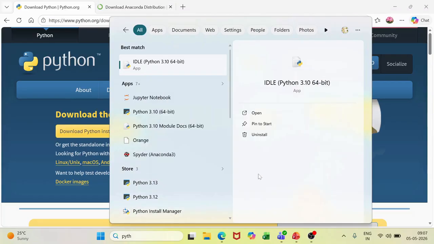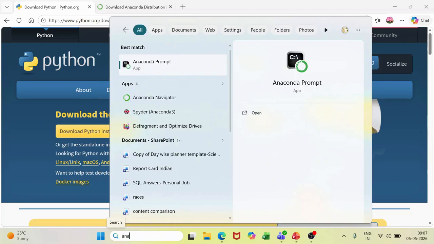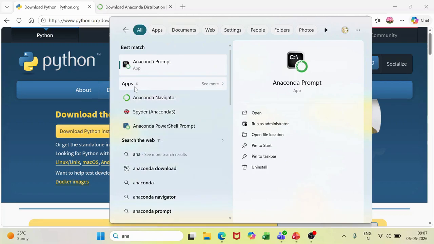In my machine, I have Jupyter Notebook, which is the part of the Anaconda suite. Now, Anaconda, you can see in my machine, you will find the Anaconda Navigator, Spyder is also there, and Anaconda Prompt Shell is there. So the whole system is actually downloaded on the system. So that is why these other supporting softwares are also shown here.